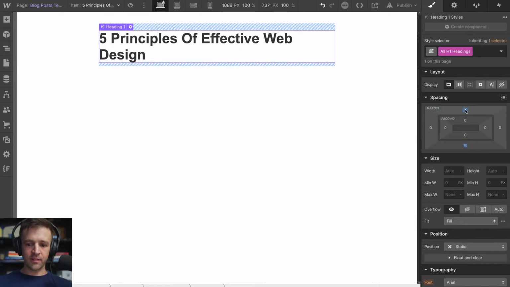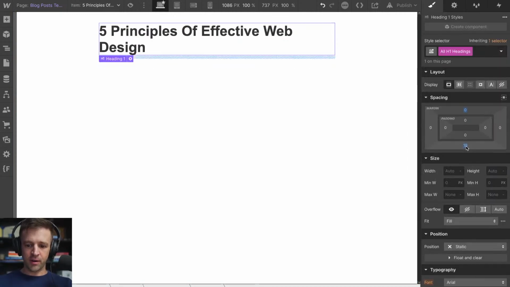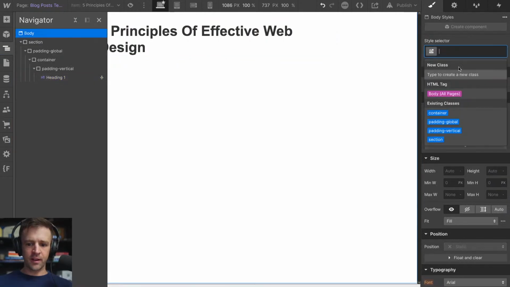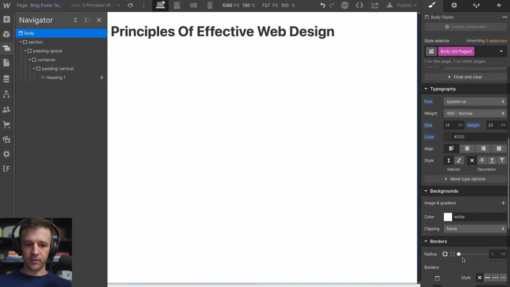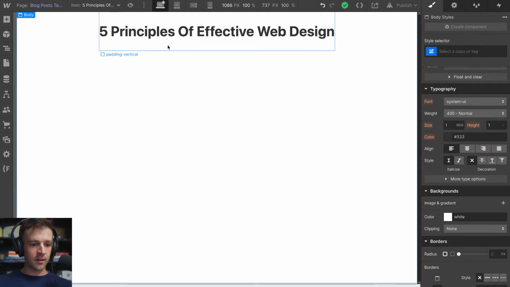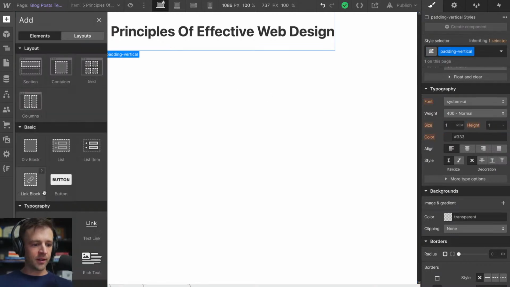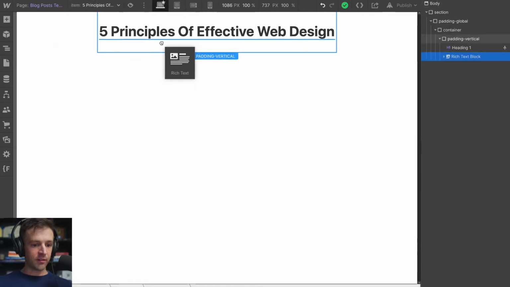And now Webflow adds these defaults. I probably don't need to be doing this, but I can't help myself. I do this on every project now. And then also the body, we'll just change from the default Arial font to System UI. Set the default size to 1 rem and the height to 1. Cool. Okay, and now, of course, our post is going to have some